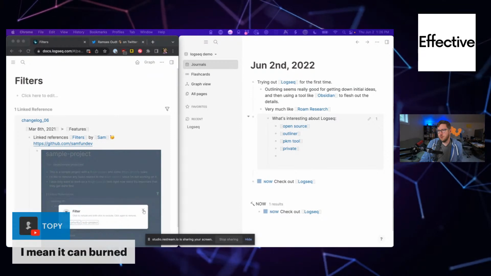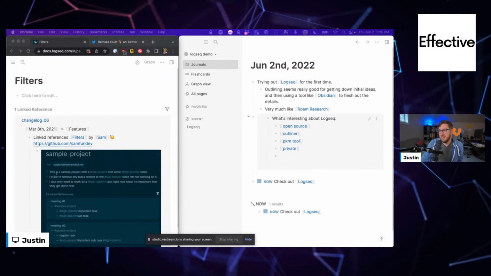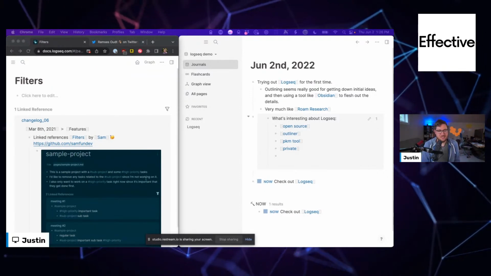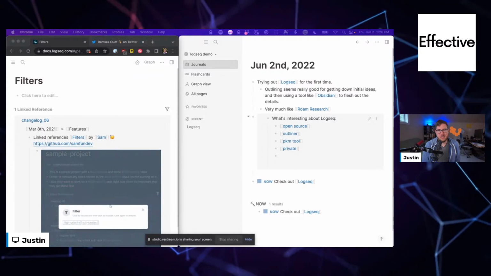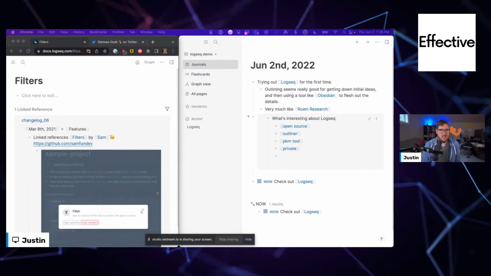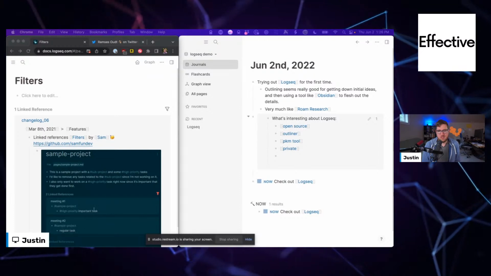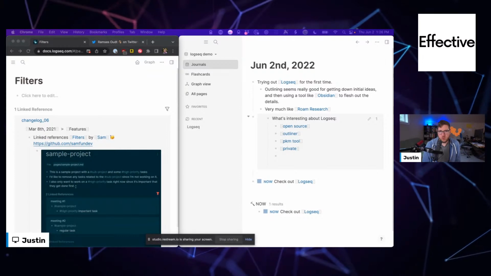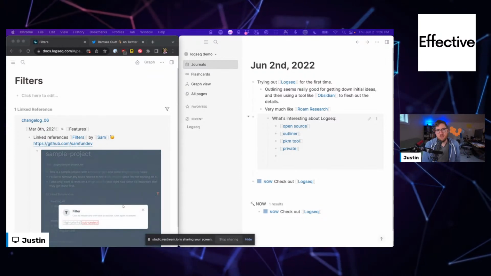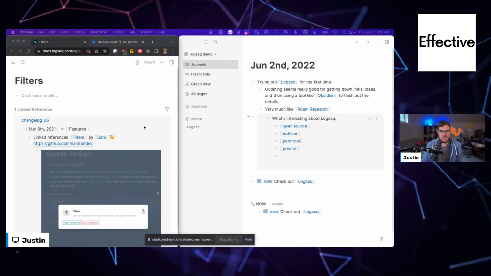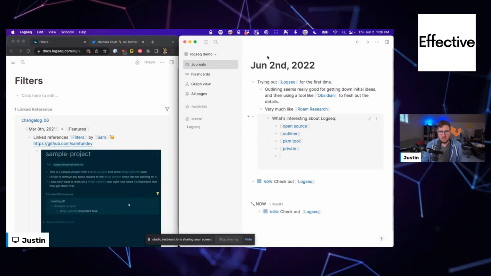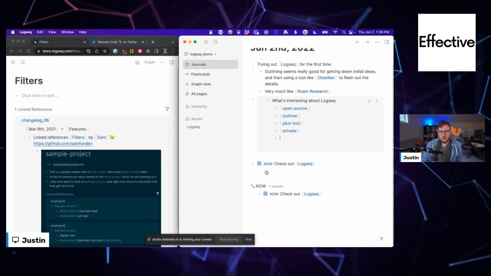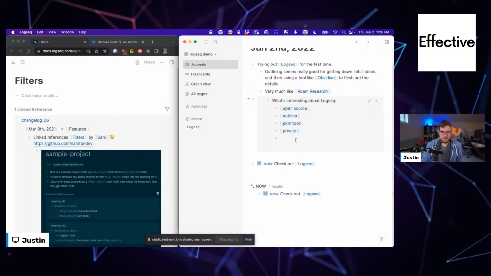You mean it can be burned, like as in physically destroyed? Yeah. So that is the unfortunate reality of the world. I wish we could just have everything be permanent. And yes, notebooks suffer the same consequences. So if something's super, super, super important, you always need to have multiple copies of it, or it needs to be in a place where you mitigate the risk of it being damaged. And that's why backups are important. Very important.